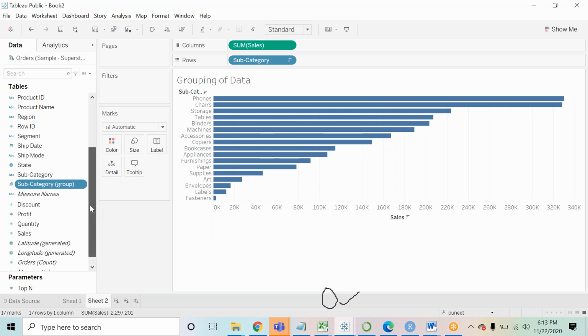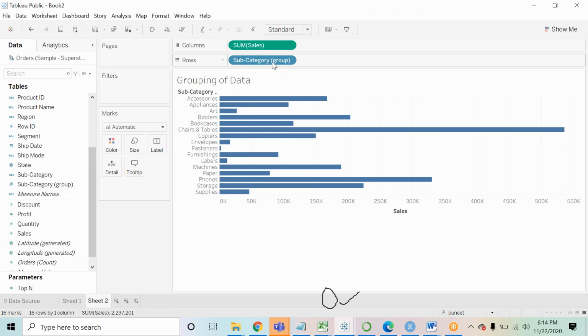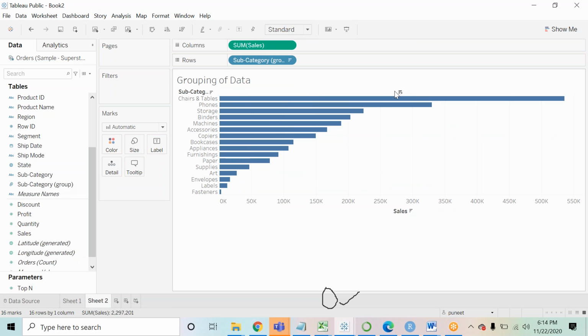So you can see, you will find over here a new field to be created, subcategory group. So I'll bring this field over here. So now if I sort it again, तो अब देखो चेयर्स एंड टेबल्स दोनों की सेल आपकी सम होकर एक साथ आ रही है। चेयर्स एंड टेबल, तो आप देखोगे इसकी सेल बढ़ गई है। तो इसमें चेयर्स और टेबल्स दोनों की सेल्स एड अप हो गई है।